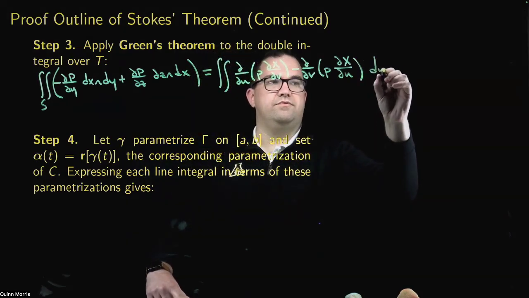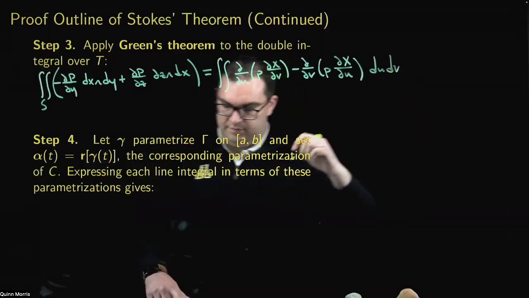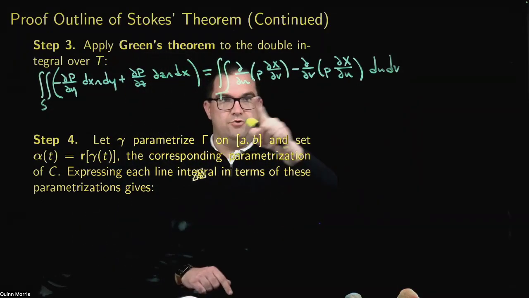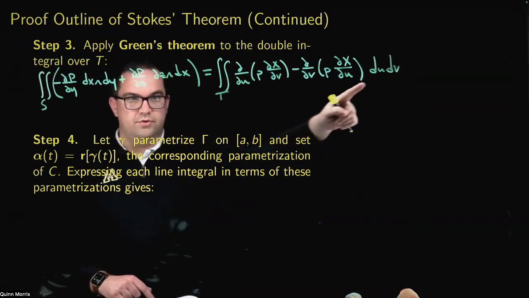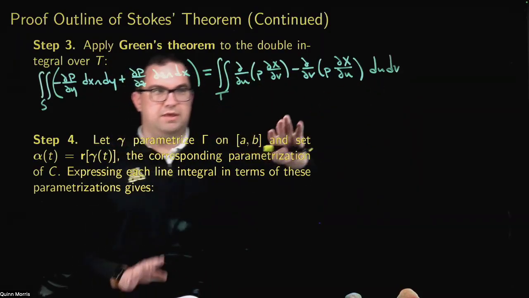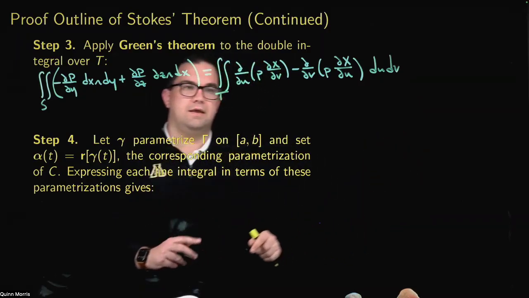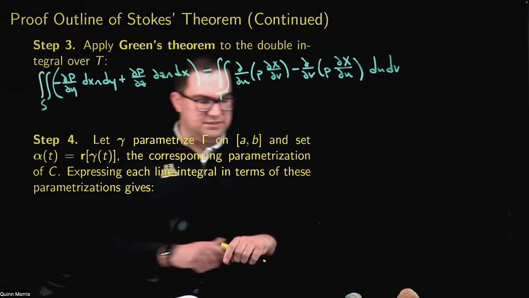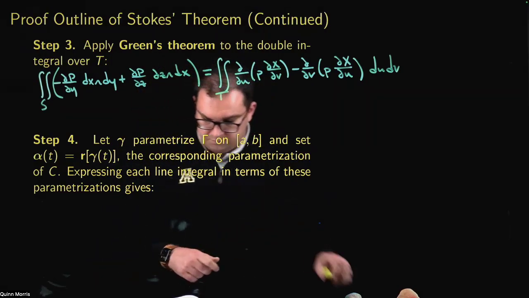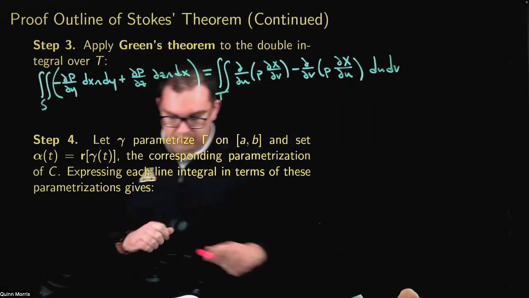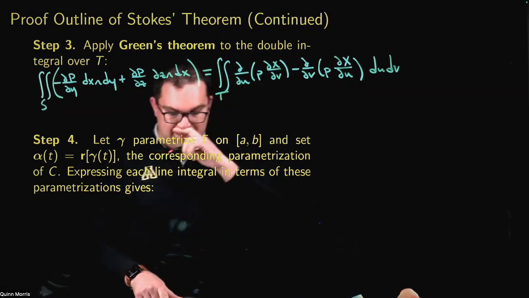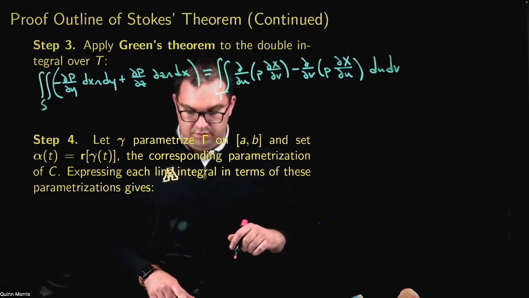And then this is dudv, or du dv. This is over region T. All right. Now what we want to do is apply Green's theorem to this integral. Because now notice, this is just a double integral in the plane. Okay. And what I notice is that I can think of this as the